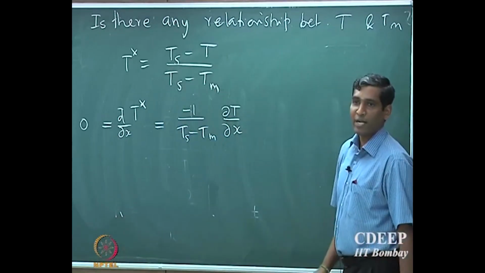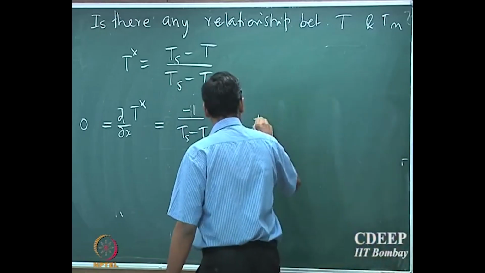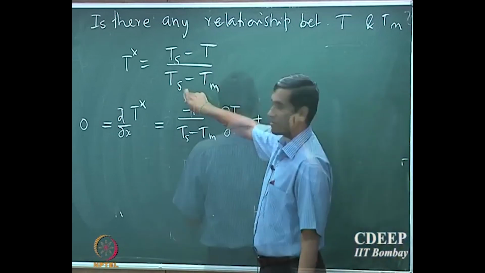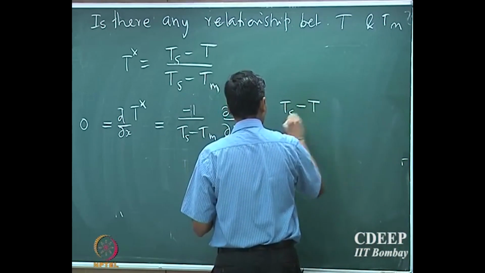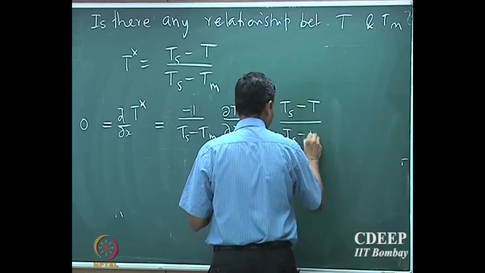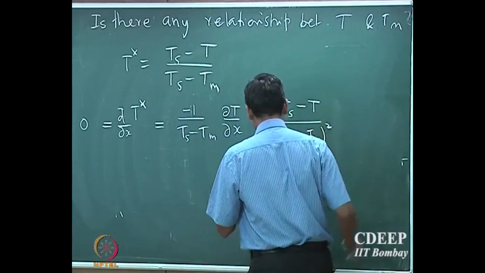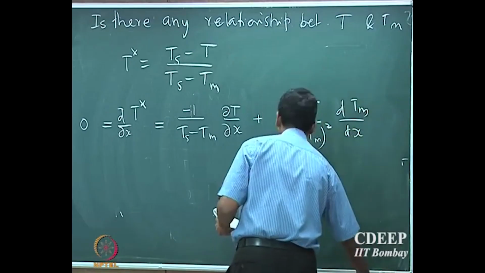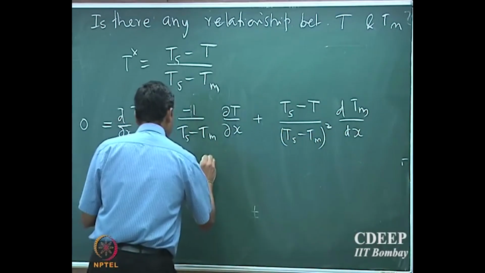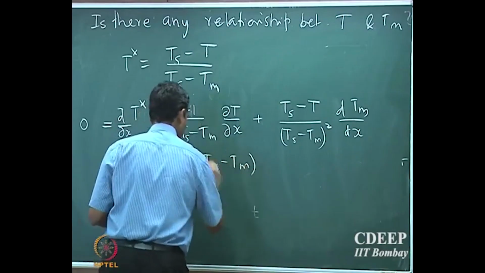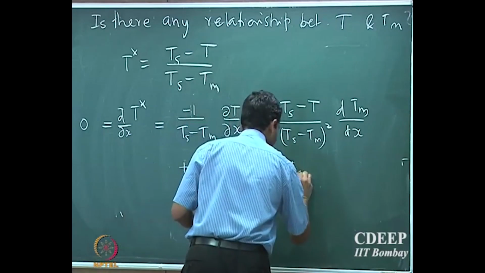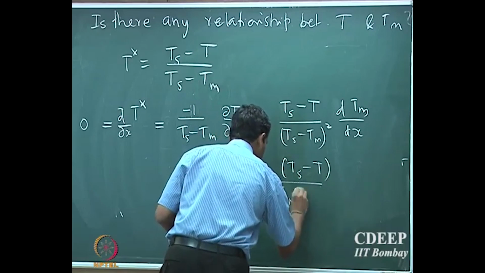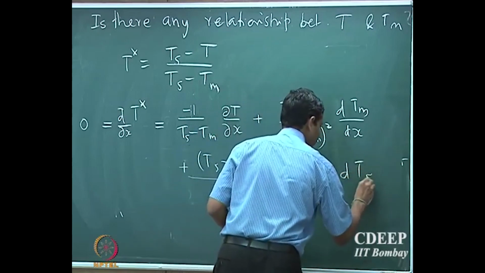So that is the x derivative with respect to local temperature, plus, okay, we can take a derivative with respect to the temperature Ts plus (Ts minus T) divided by (Ts minus Tm) the whole square into dTm/dx, plus (Ts minus Tm) minus (Ts minus T) divided by (Ts minus Tm) the whole square into dTs/dx,